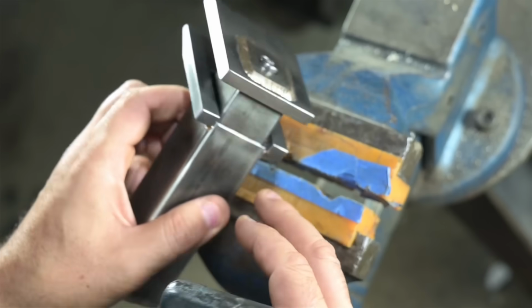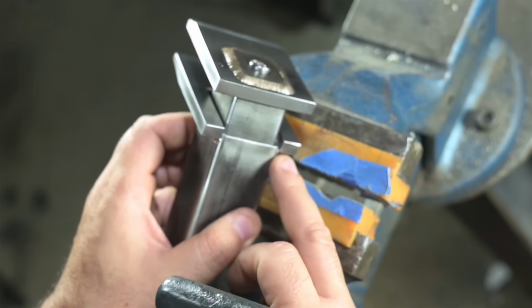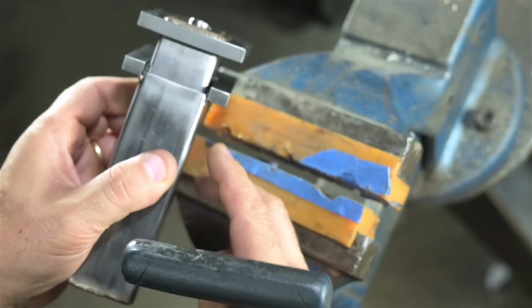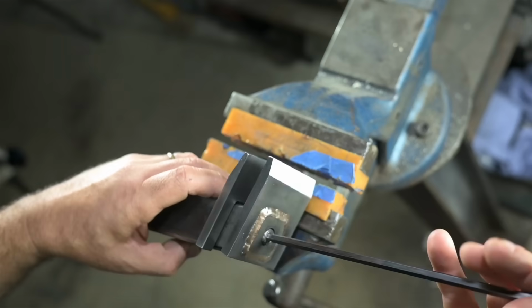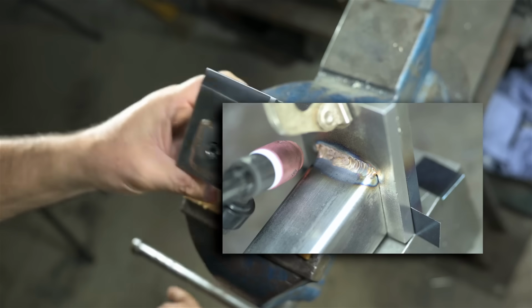I even offset the bottom jaw. That was supposed to be flush. I noticed I was running out of range, so I just bumped it up a little bit. It's overlapped maybe 50-50. Now the thing I'm worried about, and the reason why you may have noticed the shims